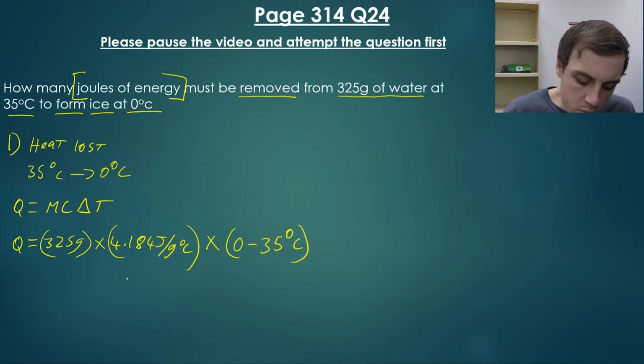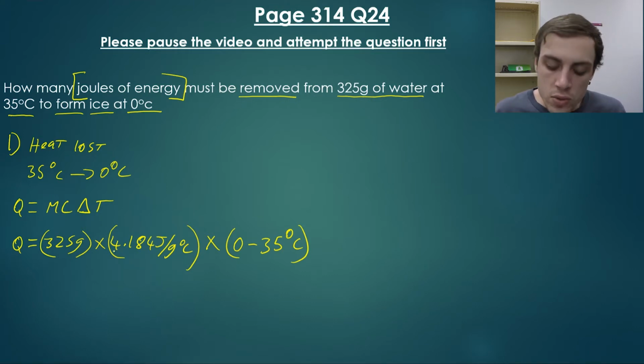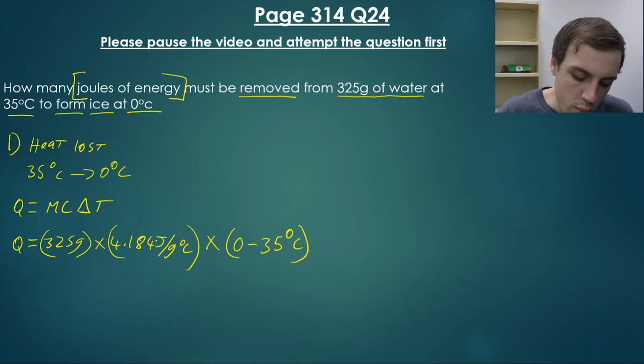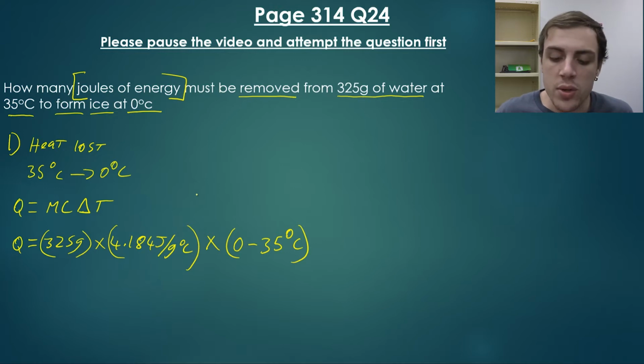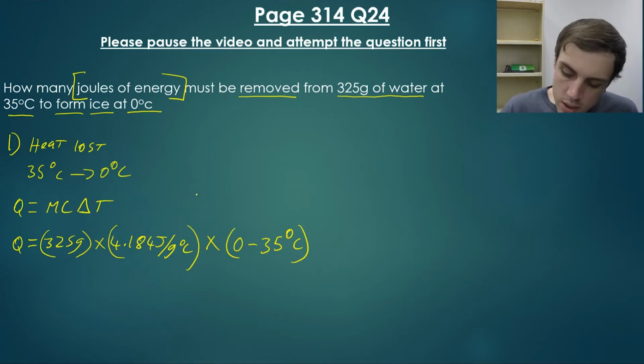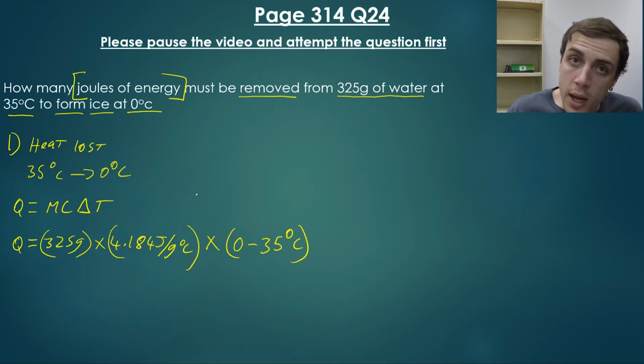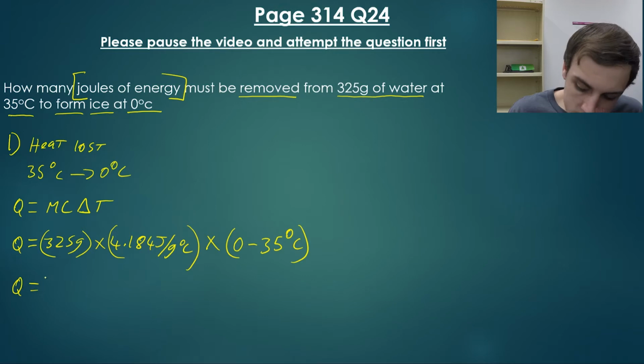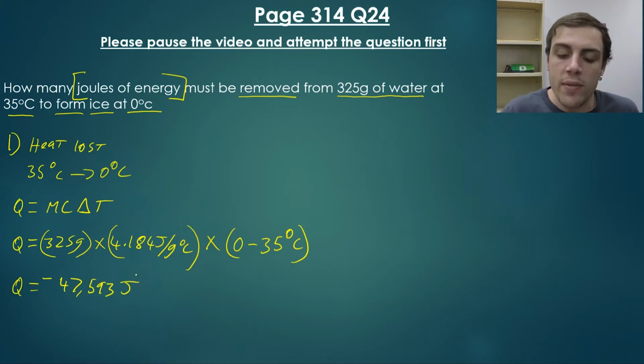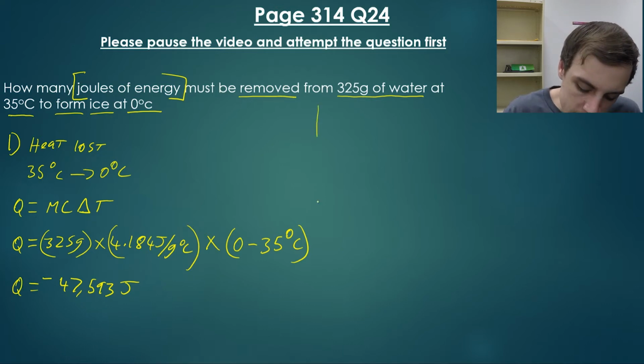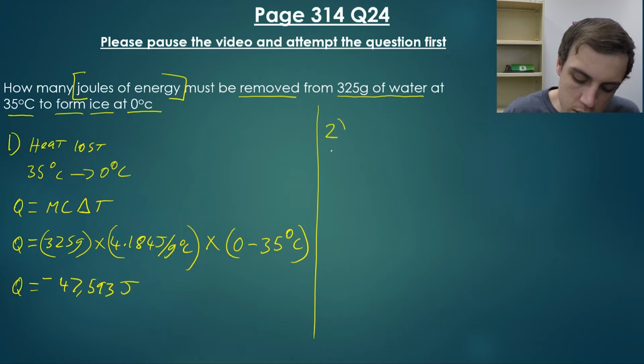And what happens is when we put this into the calculator, so you'll notice that I've put these all in individual brackets. It's always good habit to do that so you don't make little math errors. So by multiplying all of these together, we get a total heat lost of negative 47,593 joules. However, that is not the final answer, because we also need to take into account the fact that